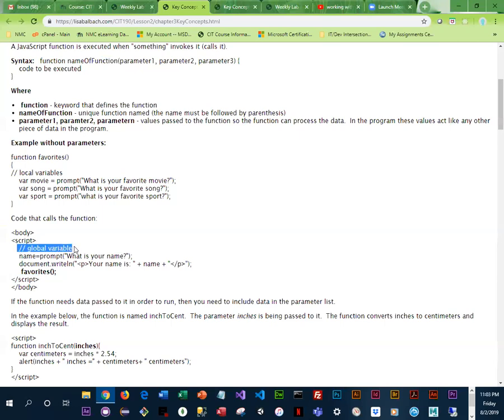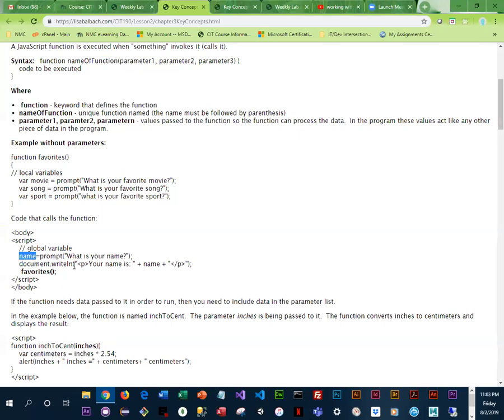Here's a little comment that says global variable because we are basically declaring name here and it is not inside a function. Okay, so that makes it global. We'll be talking more about that in a few minutes. So this is prompting, what is your name? They're going to key in an answer, it gets stored in name. To display that back,